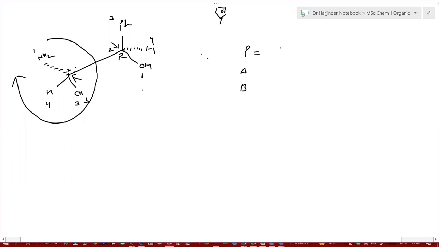So again you will look over that matrix. Plus minus plus minus minus plus minus plus. Now your group whose configuration is given is getting number 1 and it is below the plane. So will you write same or opposite? Opposite. So it will be S over here. Is it clear?